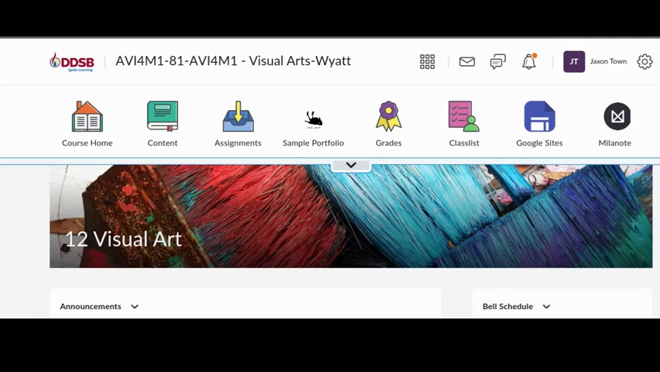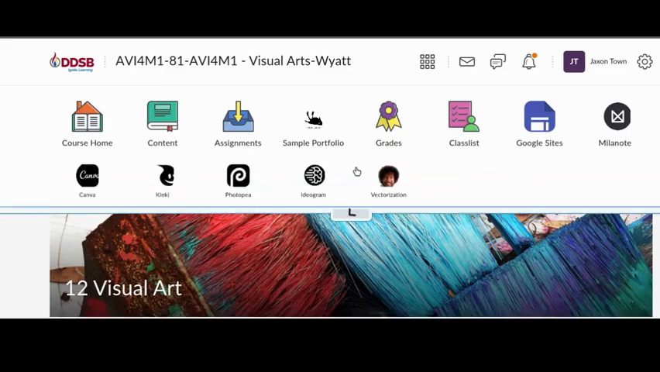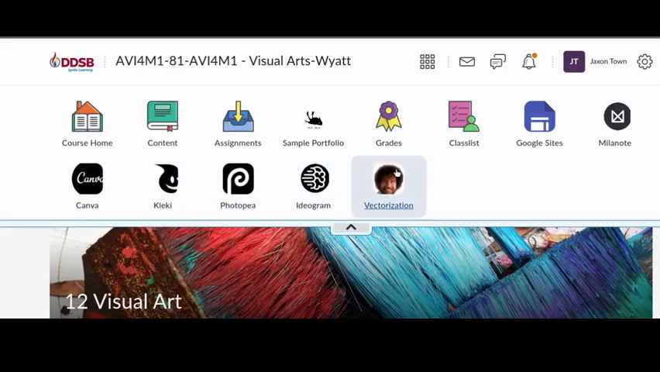Your first idea board. And we're using a program called Milanote, which I just love. To find Milanote, you have all these different links on the front page of D2L just at the top. If you hit the arrow down, there's actually more programs that we'll be using, so there's Canva and everything there as well. So we're going to click on Milanote,